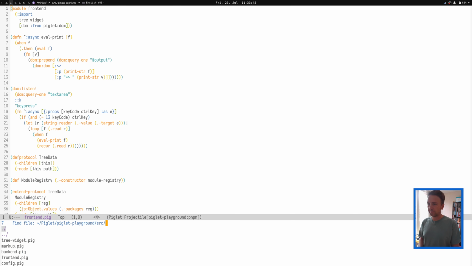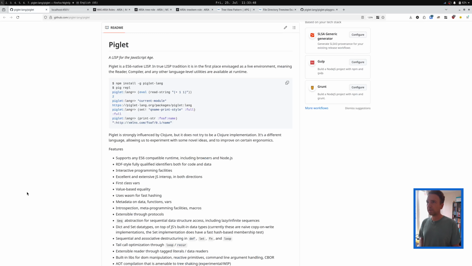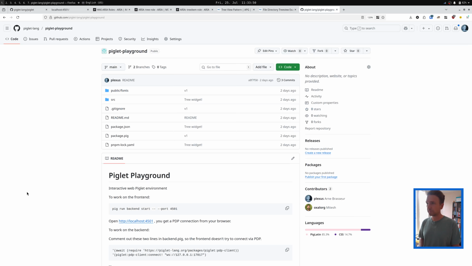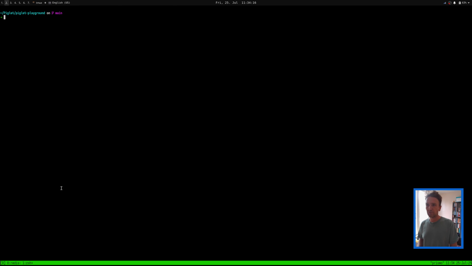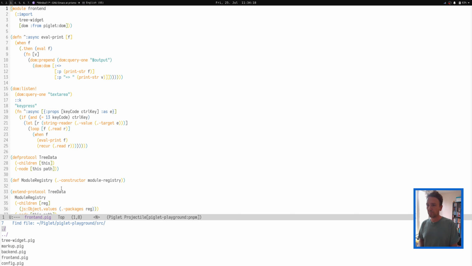Now this Piglet playground, you can find it on GitHub under Piglet Lang, the organization, with some instructions there as well. It's all a little bare bones. Writing a language tooling ecosystem from scratch is a lot of work, so we have to make choices to keep things minimal and practical so that we can actually make progress and have stuff to show. So the project here,